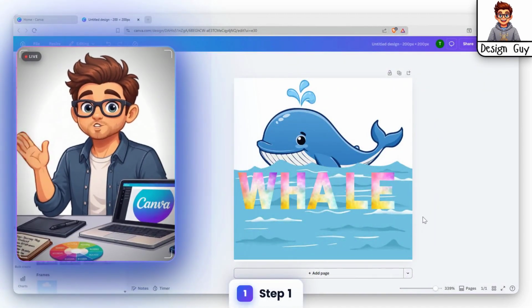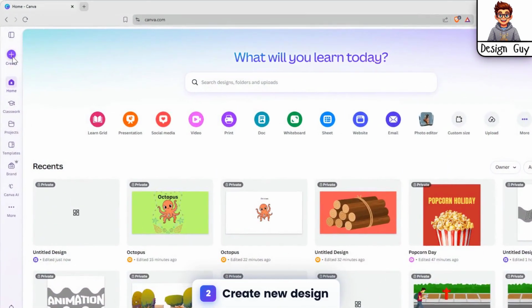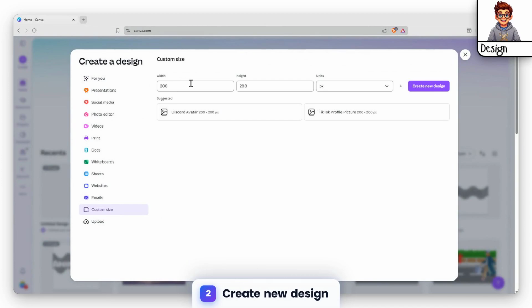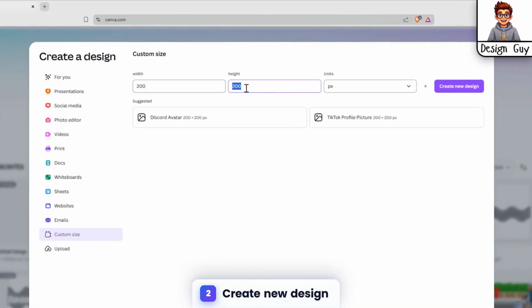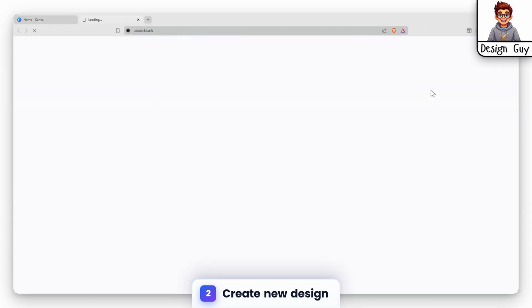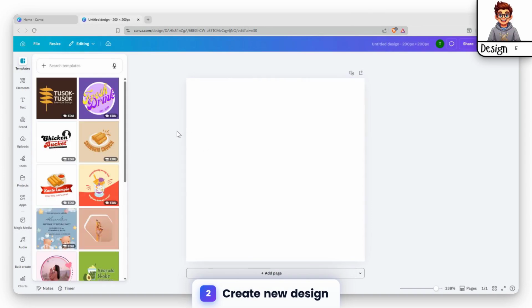Ready to master awesome text effects in Canva and level up your designs? Click the Create button, then choose Custom Size from the options. Enter 200 for the width and 200 for the height in pixels to set your canvas dimensions. After you've entered these values, select the Create New Design button to generate a blank project with your specified 200